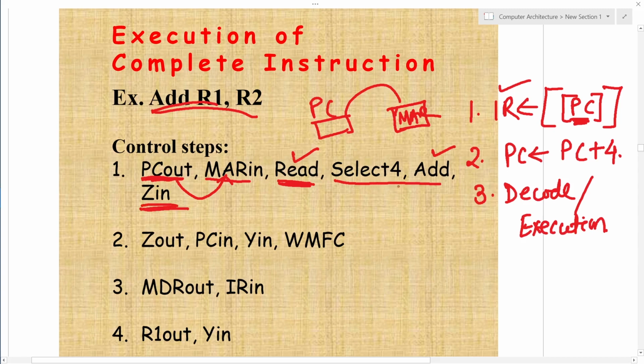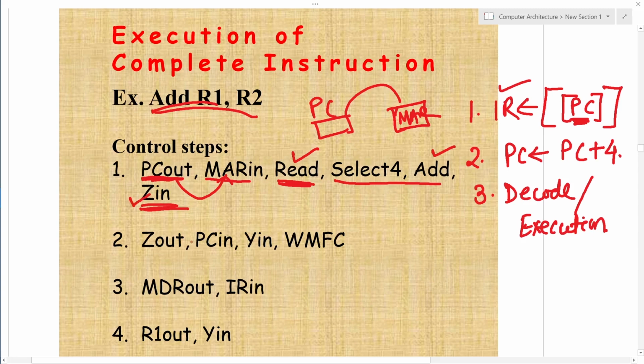The content of the PC will be available to port B, and port A will select 4, and the ALU will perform the arithmetic operation addition, and PC plus 4 will be available at register Z.